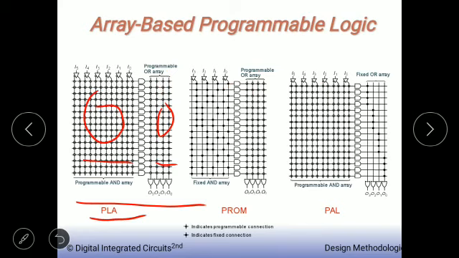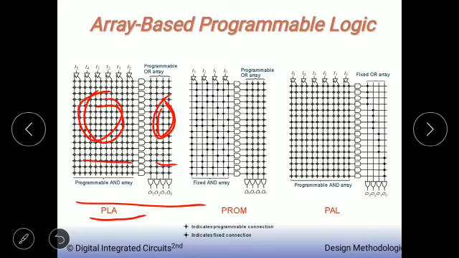The AND plane creates the required minterms, while the OR plane takes the sum of a selected set of products to form the outputs. That's all. To include a given input variable, for instance I, in a specific minterm, just close the switch at the intersection of the input signal and the minterm. Similarly, a minterm is included into an output by closing the appropriate connection in the OR plane. So here the minterms are getting formed and here those are getting added. That will result in the required sum of products.